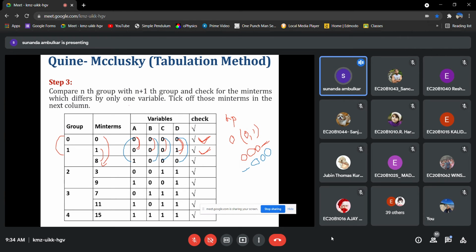This is group 0. Next, we'll put a tick mark here. We have checked group n with n plus 1 group, which is 0 and 1. Next we'll compare group 1 with group 2. What happens here? We'll see. There are two min terms in group 1 and group 2.